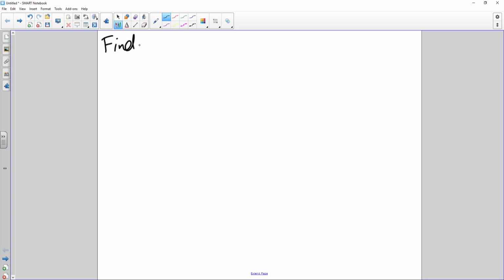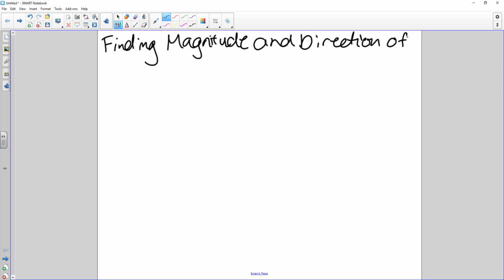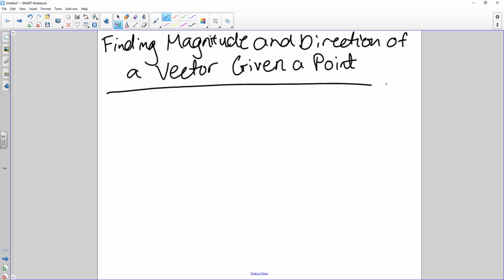In order to find the magnitude and direction of a vector, finding the magnitude and direction of a vector given a point where the vector is ending. So what we will do is we will create a right triangle